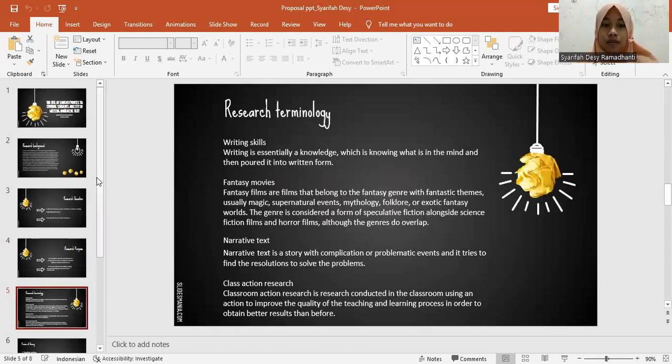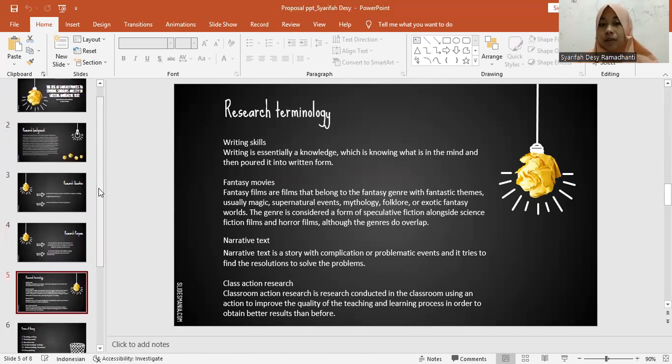Okay. Now I will move to the research terminology of this research. There are writing skills, fantasy movies, narrative text, and classroom action research. Okay, now the first one is writing skills. Writing skills is essentially a knowledge, which is knowing what is in the mind and pouring it into